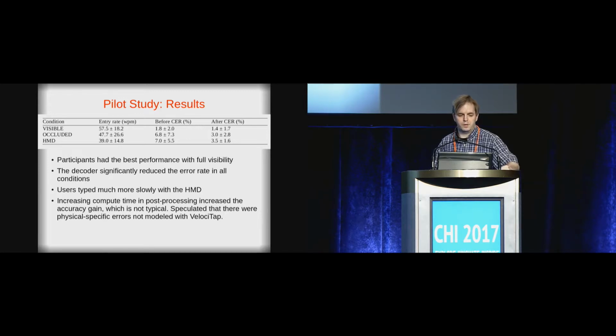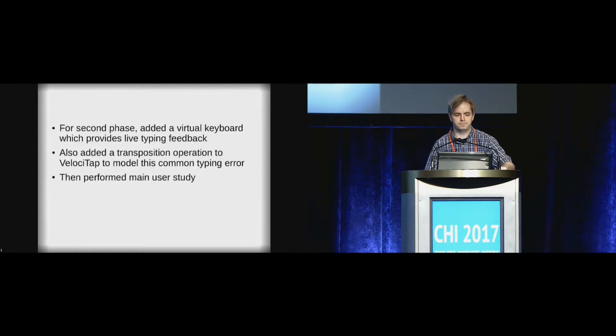And we also noticed that when we had the decoder spend more time in post-processing decoding the input, we got a higher amount of accuracy gain, which in our experience is not typical. And we speculated that the reason for this is that there were certain kinds of errors that were not being modeled in VelociTap. For the second phase, we added the virtual keyboard, because the first phase had only used the